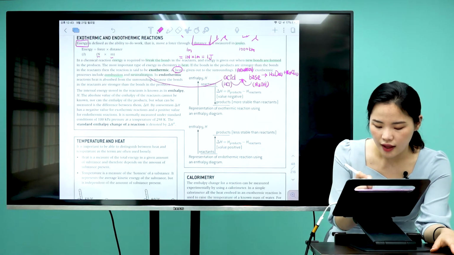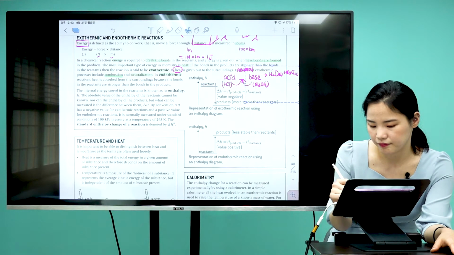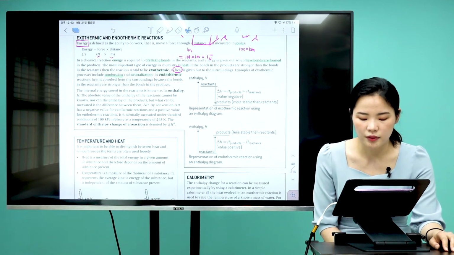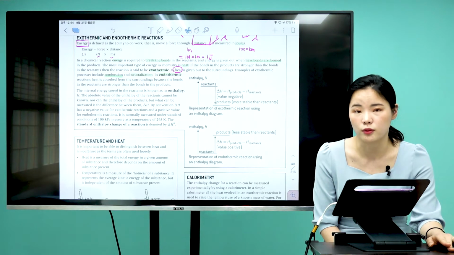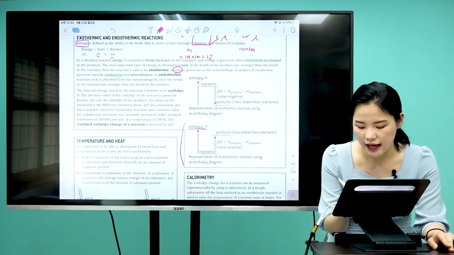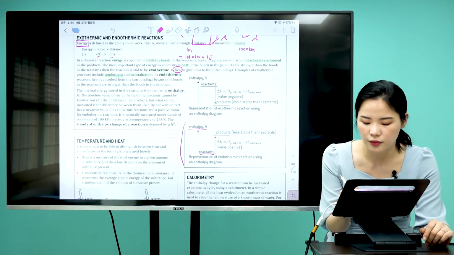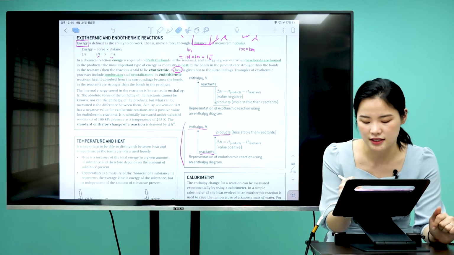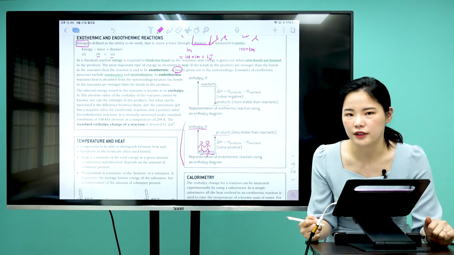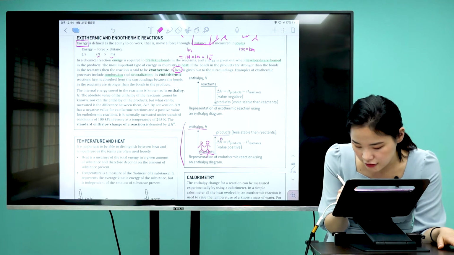How about endothermic reaction? In an endothermic reaction, heat is absorbed from the surroundings because the bonds in the reactants are stronger than the bonds in the products. So, for example, in this example here, reactants would absorb heat from the surroundings to become more unstable products. So let's say I was a happy married person, and then another person comes in and talks about bad things about my love in life. So there is this energy required